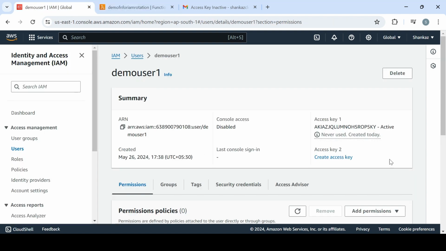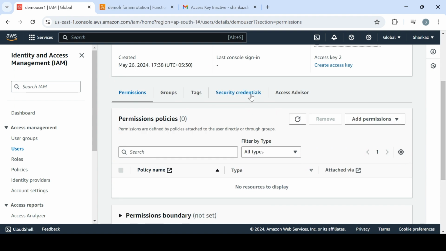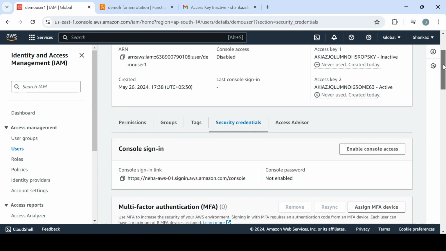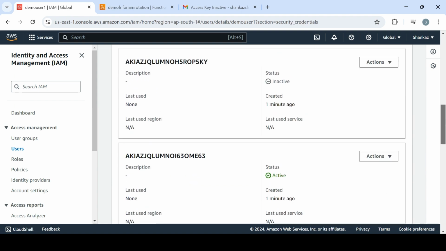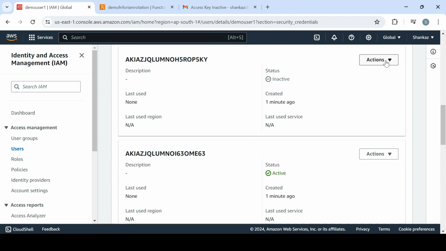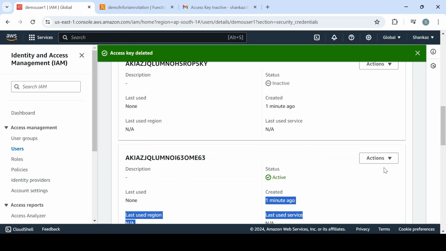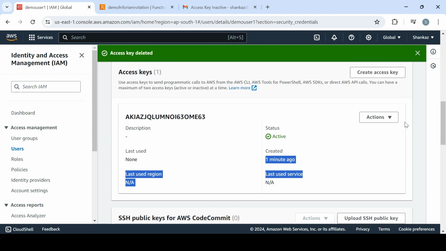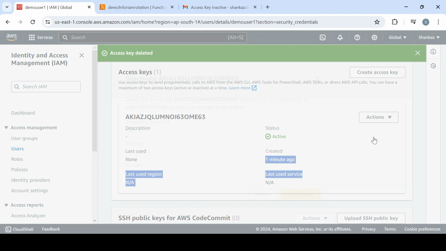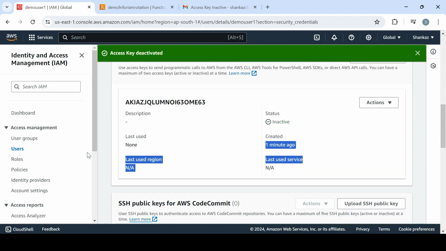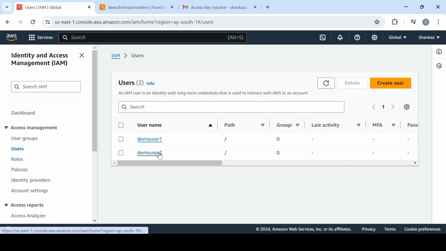Now I'll show you how it works when it finds a key. I'll delete the inactive key first for demo user 1, and now I'll make the second user's key deactivated, and I'll do the same task for demo user 2